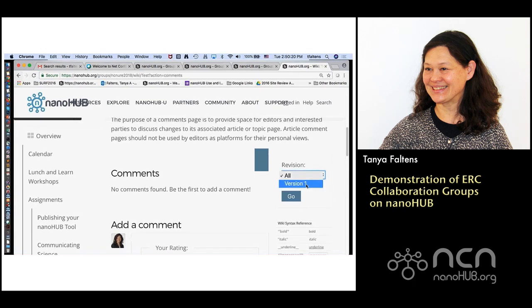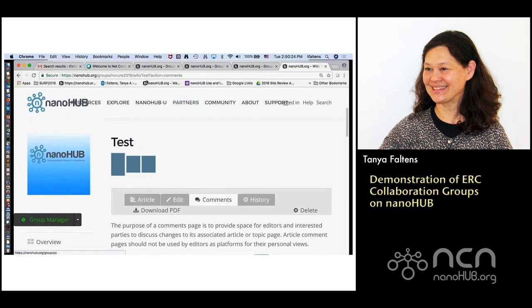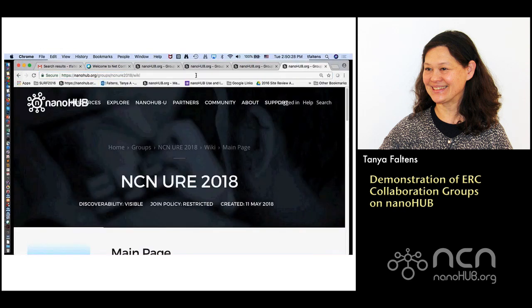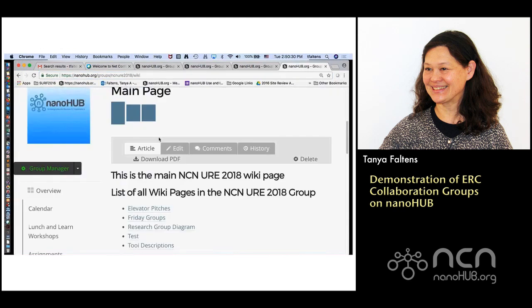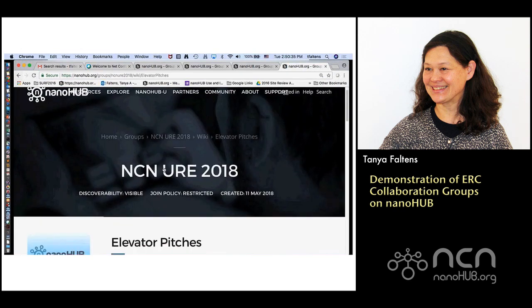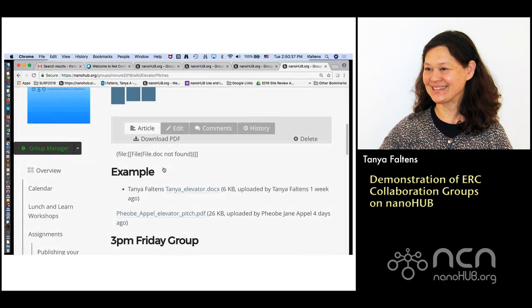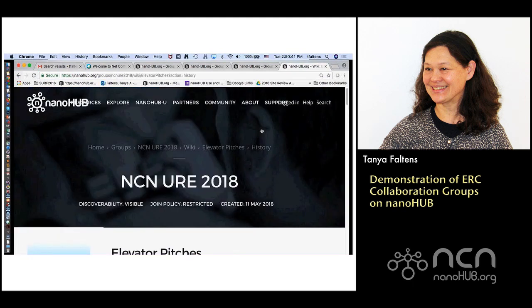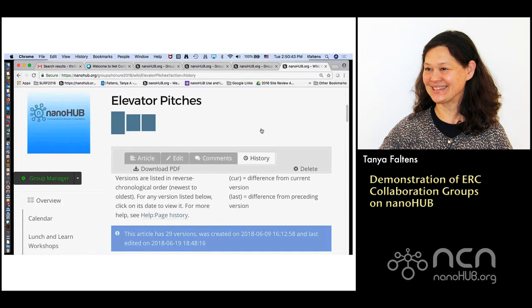Let's see here. I just made this page, so there aren't many versions. Let me go back to our main wiki. I'm just going to navigate through the URL, and let's take a look at this elevator pitches page. I bet there are a lot of revisions there because every student had to revise the page. So now if I click on this history button and take a look,